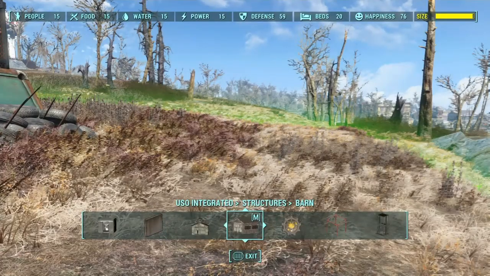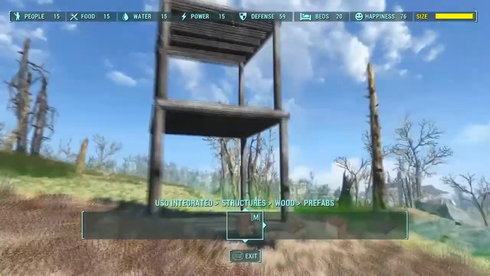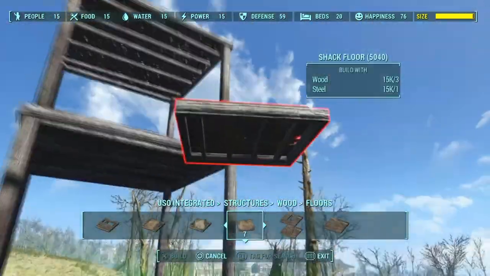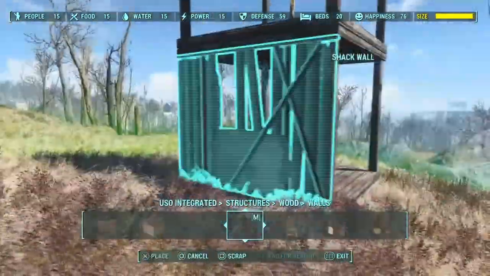Hello everybody, I'm back in Fallout 4. This time I'm at Abernathy Farm and I will be building a defense tower of some kind. I had a couple requests for defenses, so I figured since the Minutemen were here now, they'll man this